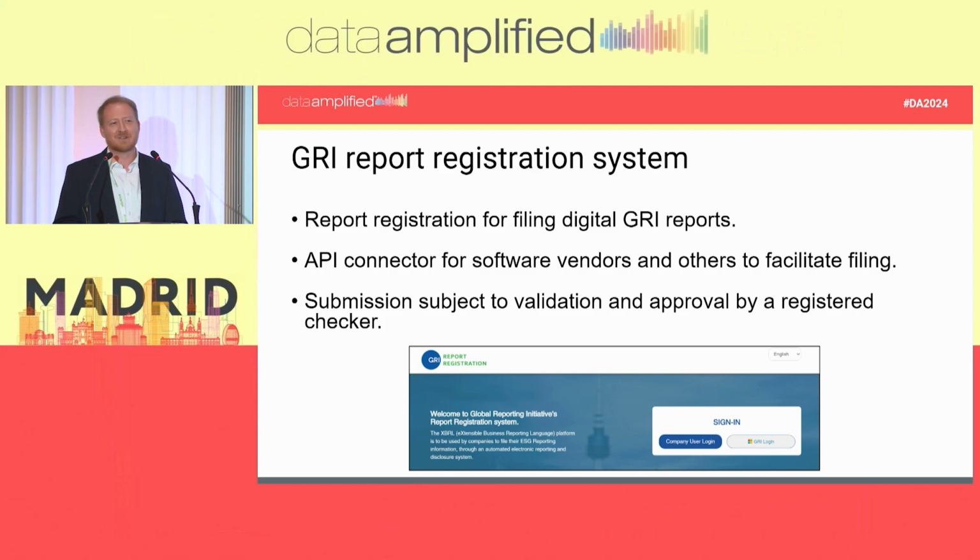But I did just want to also give you a quick show and tell. I mentioned earlier that we are developing tools to allow reporters to register their reports with GRI. We're also developing an API at the moment, to facilitate software vendors to automate their reporting to GRI as well. And that should be available at the same time as we release the final first version